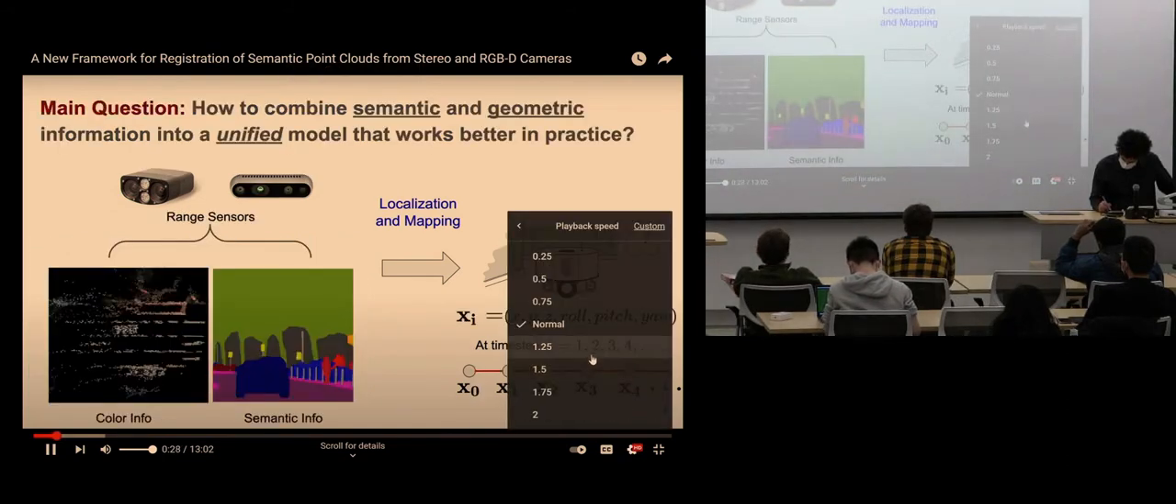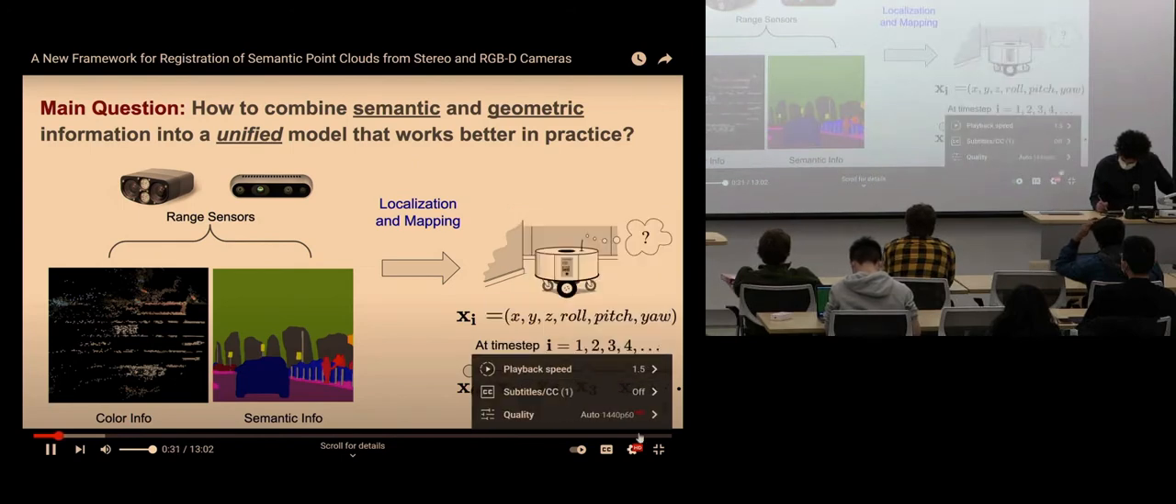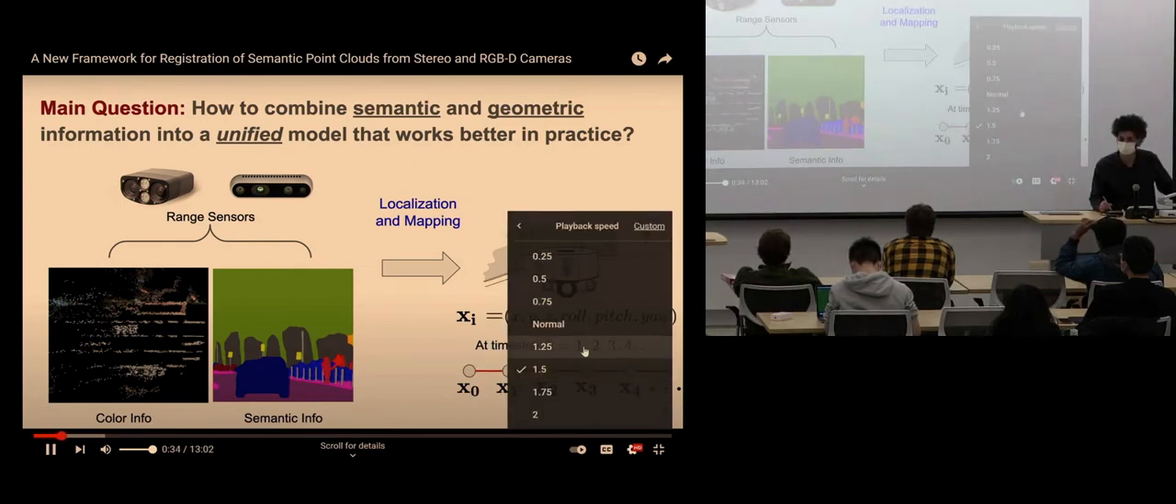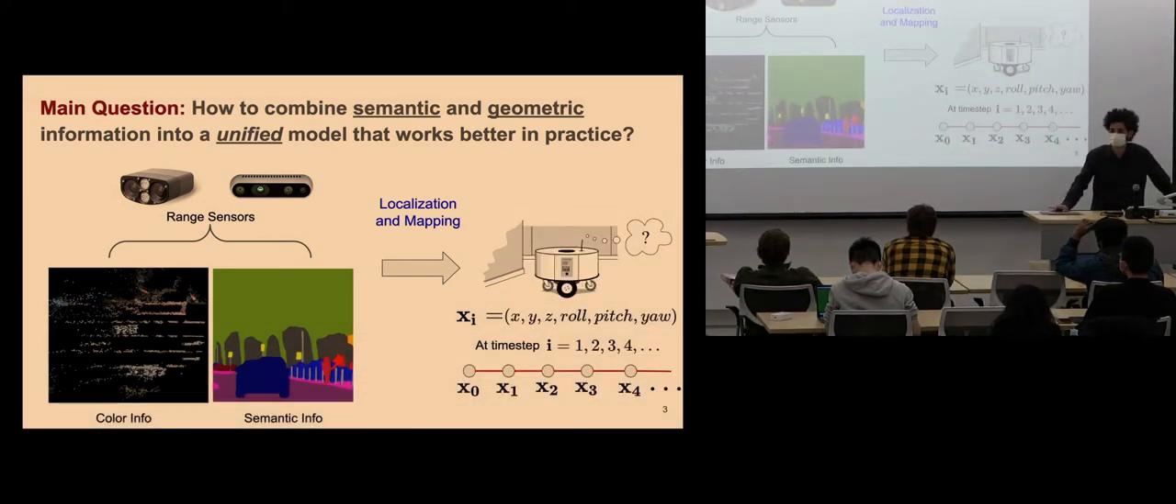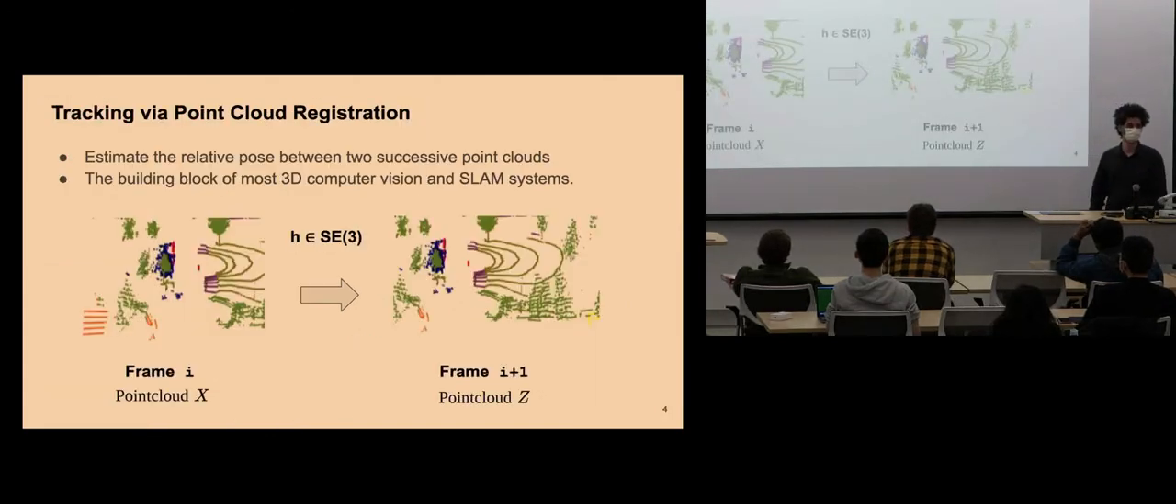These range sensors can provide rich information, not only the geometric measurements, but also the color and semantic information as well. The main question is, how do we combine the semantic and geometric information into a unified model that works better in practice? Especially, we are interested in the point cloud registration problem, which is the building block of many 3D computer vision